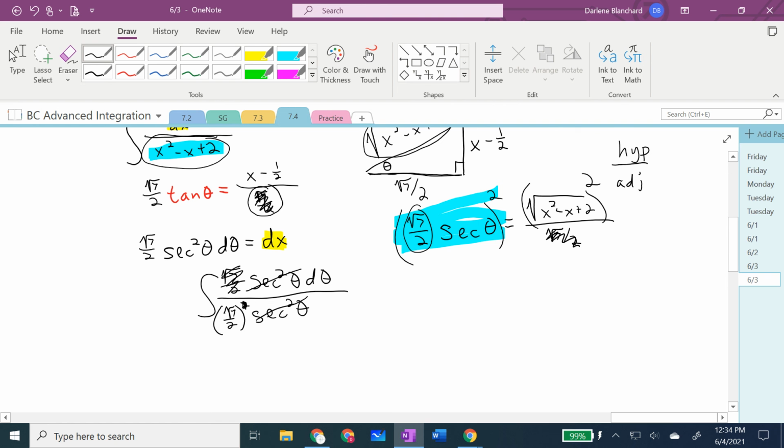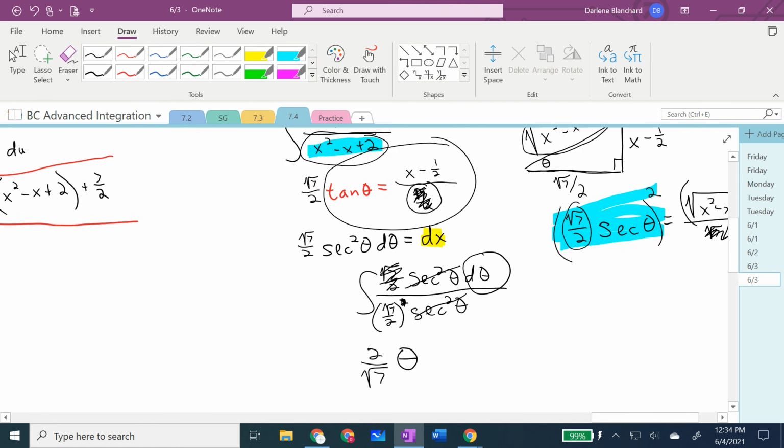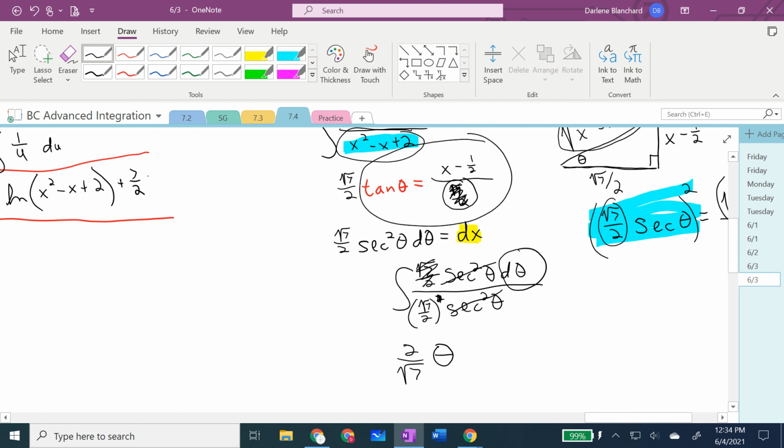And in the denominator, I can flip that to the numerator to be 2 divided by root 7. And that is my integrand. So when I integrate that with respect to theta, I get that constant times theta. Theta is the inverse tangent. So I have